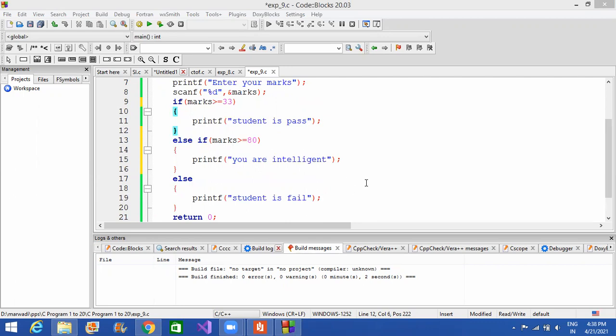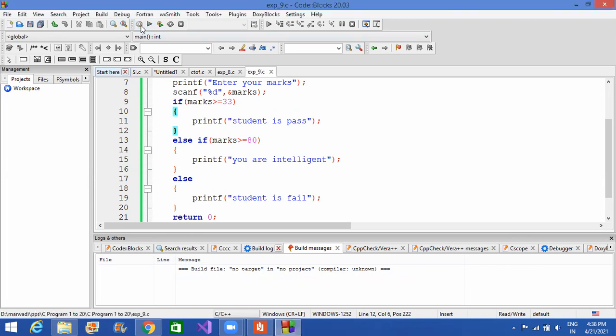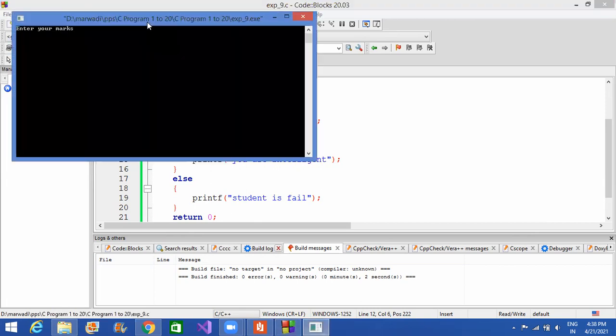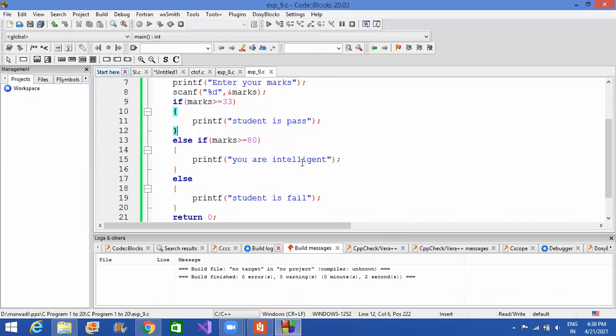Kunal, I think you have given the space. I find the space after if. It's fine, I don't think there should be any error. I'm executing it, check it out. I'm giving the input as 85 and let's check whether the condition gets